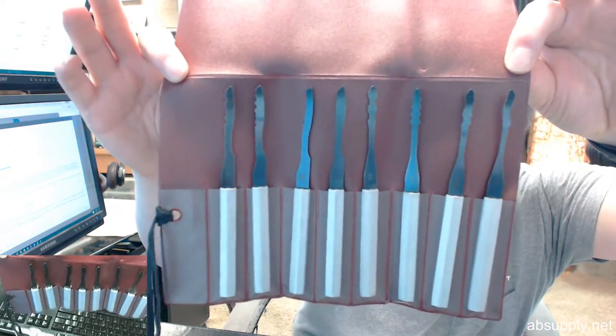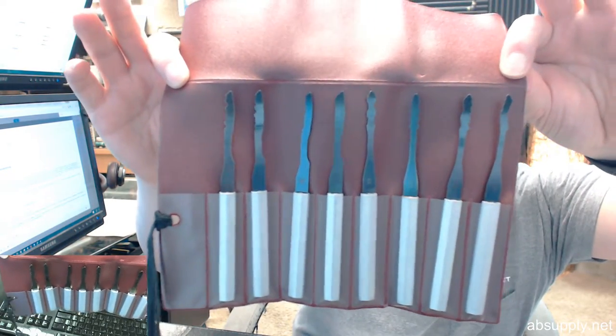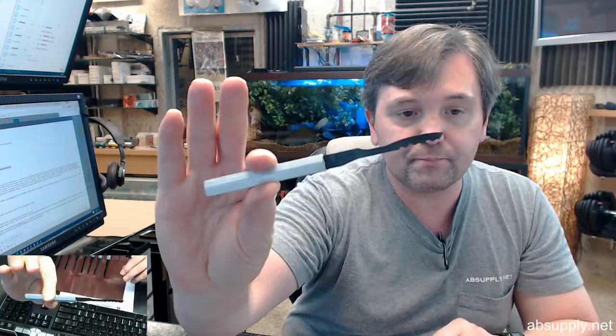You've got 8. You've got 4 single-sided, and you've got 4 double-sided, and they are all numbered. The single-sided are 1 through 4, and the double-sided are C, D, E, and F. They're lettered. So here is what the number 1 looks like. You've got an aluminum handle there